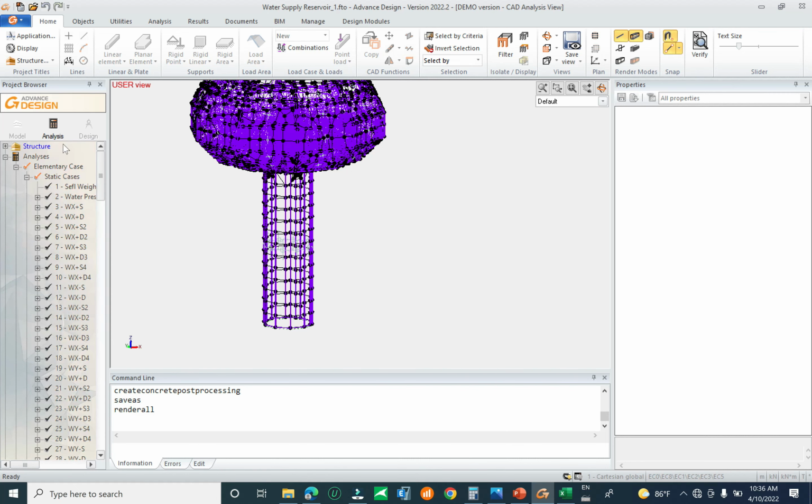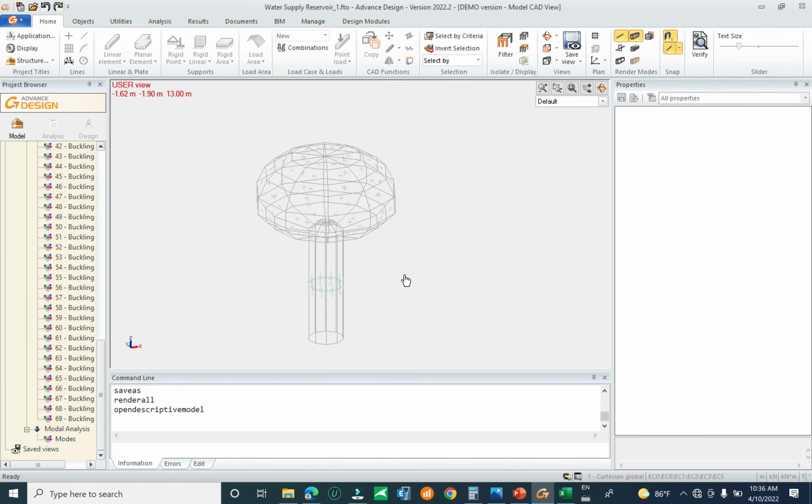And come back to our model, and we see here about the buckling and about the mode, our frequency. So in the